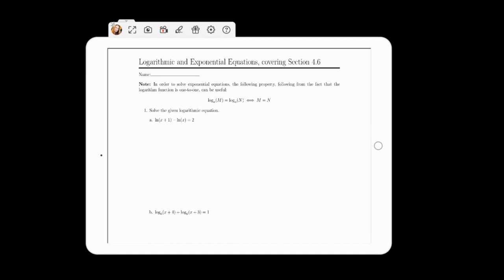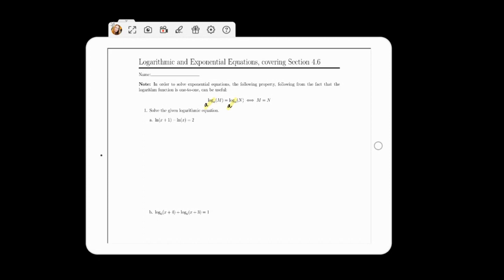Okay, so let's first start with the note that in order to solve exponential equations, the following property from the fact that the logarithm function is one-to-one can be useful. If you have log base a of m equals log base a of n, so same base, then we can say that m equals n. This just follows because I can take a to the power of both sides and then cancel. That's because the function has an inverse, because it's one-to-one. So we use this extensively together with the rules of logarithms in 4.5 and other things that we've done earlier